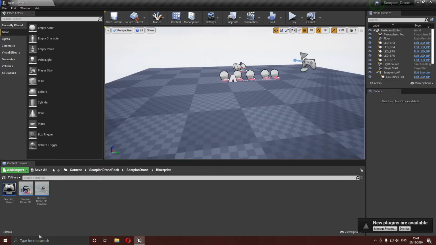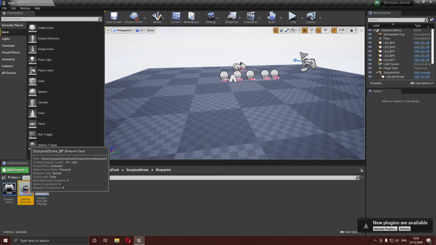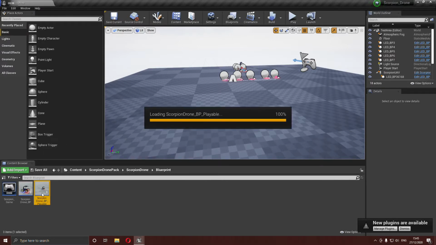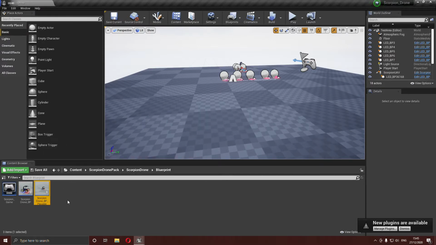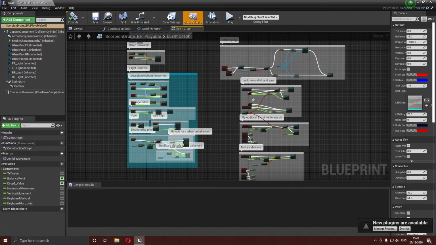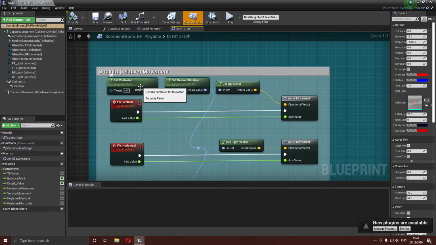So we'll start off by showing you the controls. I've added this playable version to my asset, and here is the most important part: